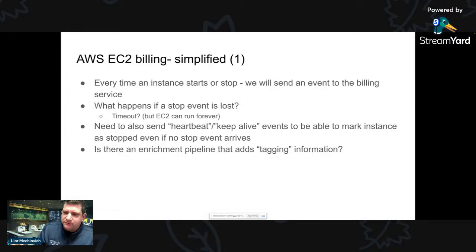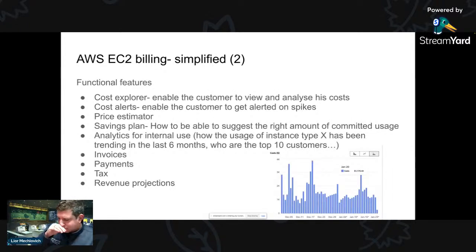Sometimes the instance itself doesn't know everything about itself, right? Sometimes it doesn't even know which region it's in, but let's assume this is fine. But tagging is a different service that you can use to tag instances. So you will need a different pipeline to add enrichment to this. You have events, they come in, and now you need to add some tagging. So that's going to get more complicated, to add more metadata that you will need down the road. Sounds pretty simple. So now we have events in our database.